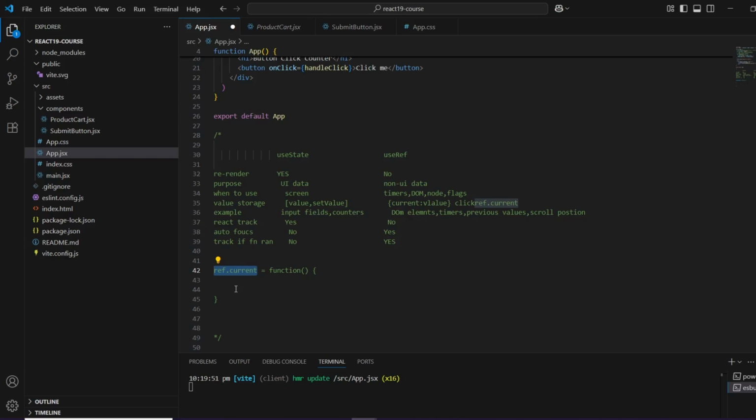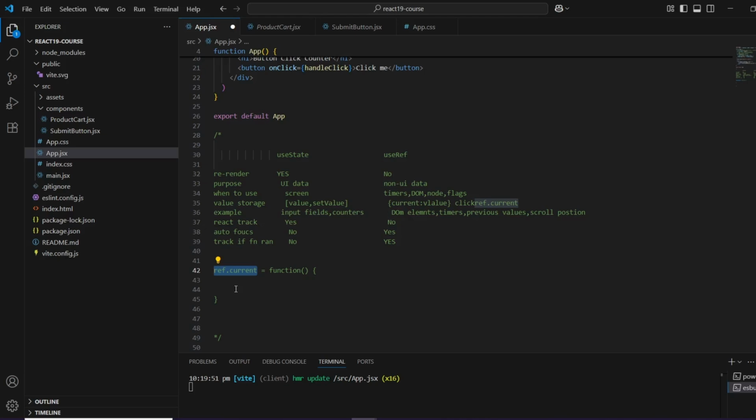The third thing is that it is perfect for debouncing and throttling inside a hook. Debouncing means you are typing something, and after a certain amount of time you want to execute some function. In that case useRef is going to help you. You cannot implement it by using useState.